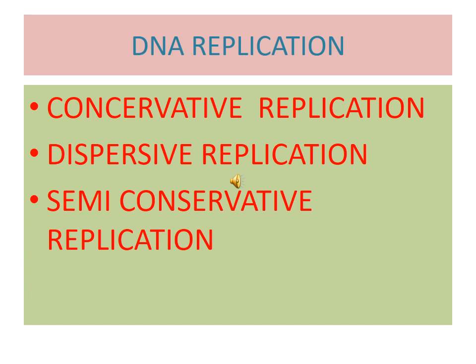Next, conservative replication. The original double helix serves as a template, and the molecule is preserved intact, and an entirely new double-stranded molecule is synthesized. In dispersive replication, the original molecule is broken into fragments, and each fragment serves as a template for synthesis of complementary fragments. Finally, two new molecules are formed with both old and new fragments. The semi-conservative replication was proposed by Watson and Crick in 1953. This mechanism of replication is very important for the DNA model.